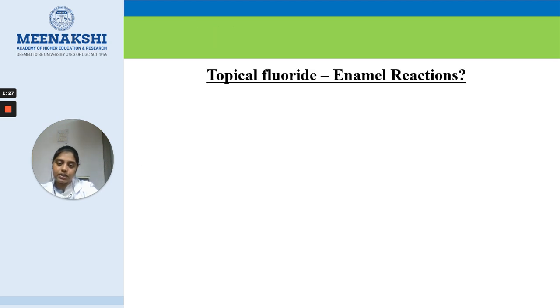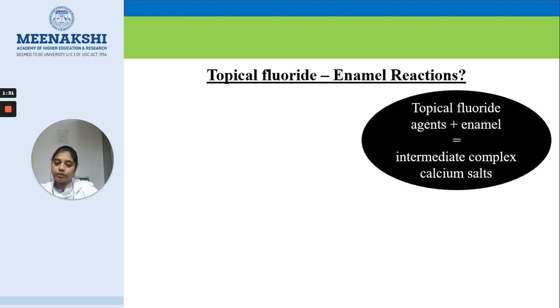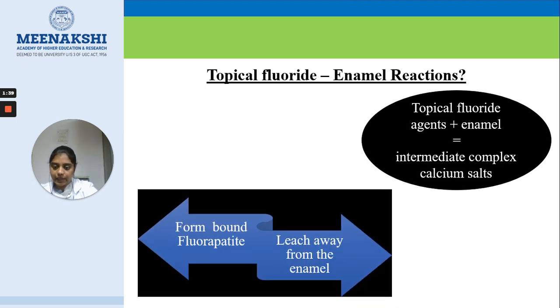So what is the reaction that occurs between the fluoride and the enamel? Whenever fluoride and enamel come in contact, an intermediate complex calcium fluoride salt is formed, which in turn replaces the hydroxyapatite with fluorapatite crystals that are hard and resistant to decay. Eventually the fluoride from these crystals will leach away from the enamel whenever